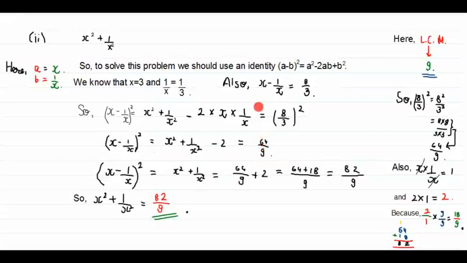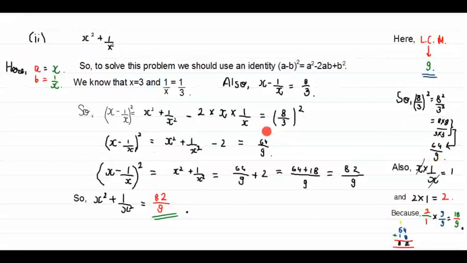Now you would be wondering how I equated it to minus 2 and how 8 by 3 becomes 64 by 9. So the answer is here. When we solve x into 1 by x, we will get 1 because x and x get cancelled in both numerator and denominator. Also 8 by 3 whole square will be equal to 8 square divided by 3 square, which is equal to 8 into 8 divided by 3 into 3. Also we know that 8 8s are 64 and 3 3s are 9.